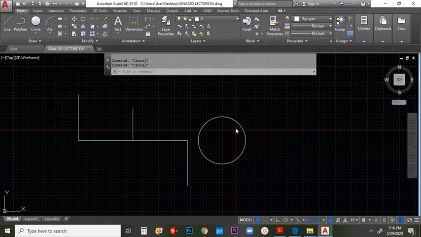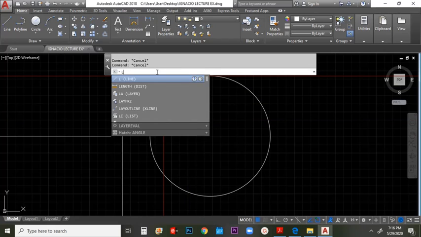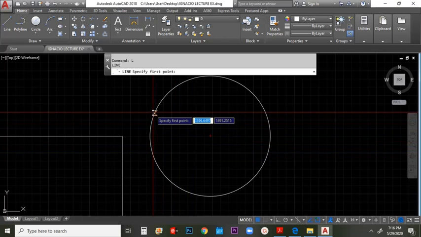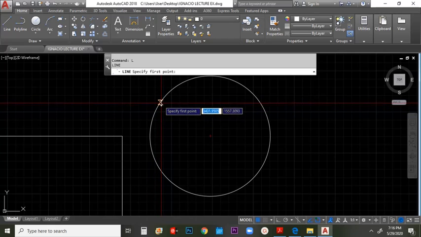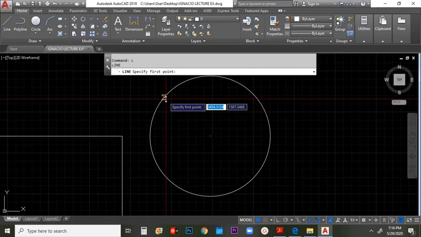Say for example creating a line coming from the center of the circle. First command, type L, command line, enter. Now let's try to track the center of the circle by putting your cursor here. You have here a symbol, and then you can see the red mark cross on center.